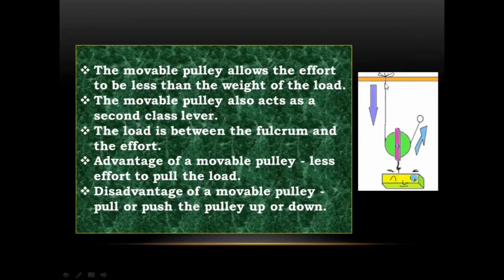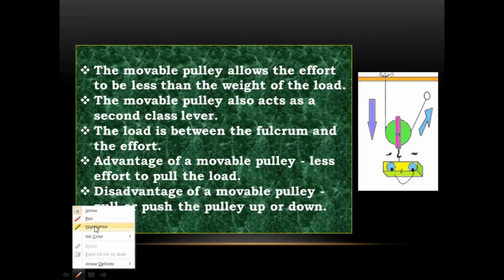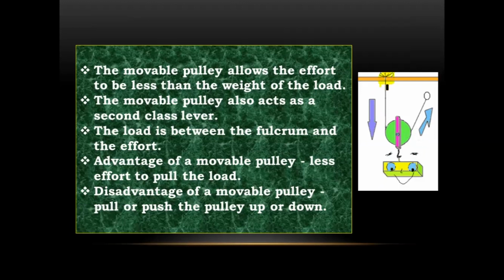As you can see, a fulcrum is a point at which it is fixed. So this is the fixed point, so I can call that fixed point a fulcrum. So let's consider this as the fulcrum. And this is where you are applying some force, so this is where your effort is. And this is your load. So who is in the middle? Load is in the middle. So it comes under the second class lever. And then, as I told you, there's a huge advantage, and we are going to learn that advantage now.